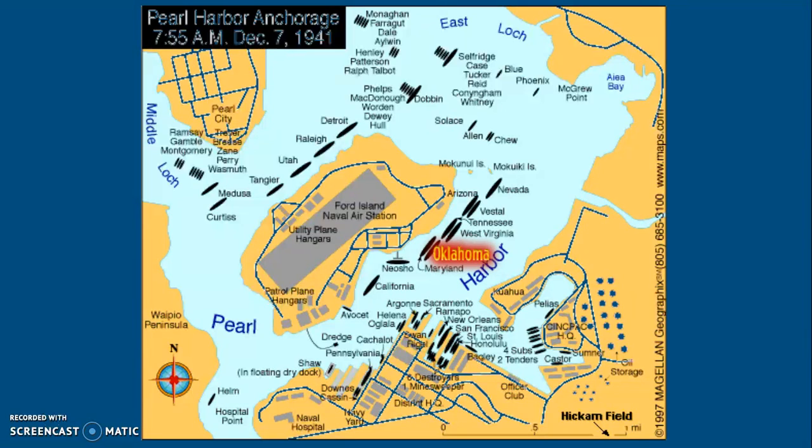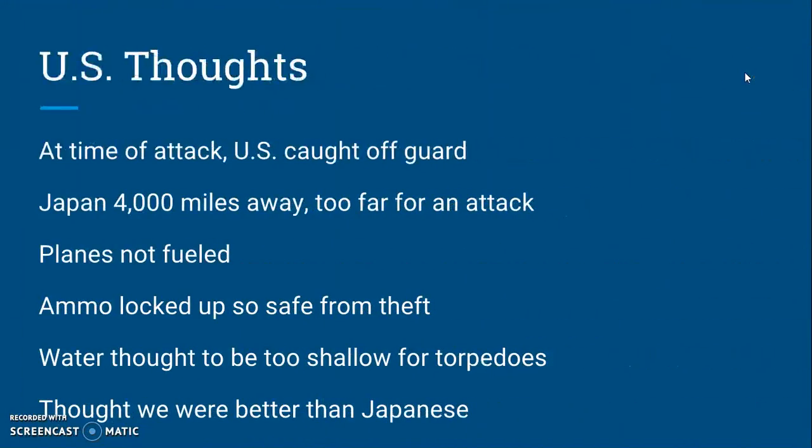Pearl Harbor housed many ships, and it was relatively quiet with little going on at 7:55 a.m. on a Sunday for the most part. So that's where the element of surprise came in and really worked in the Japanese favor. Because of a few miscues on behalf of the U.S., the surprise element from the attack really worked in the Japanese favor and caught the U.S. off guard. Some reasons would be we thought the Japanese were too far away for an attack.